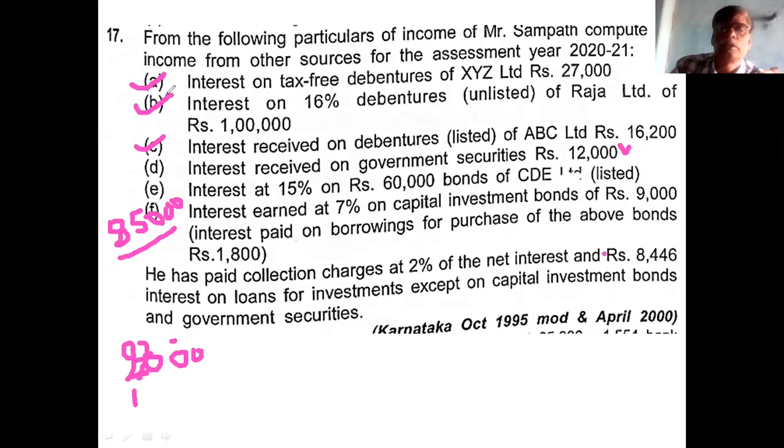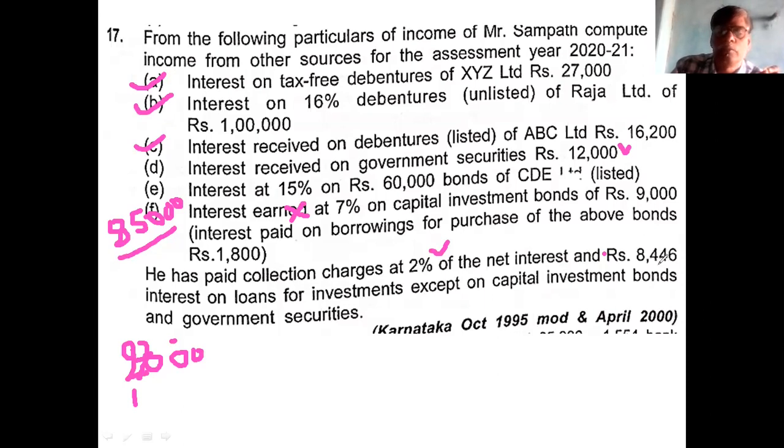First point 90%, second point 90%, third point 90%, fourth point as it is, and fifth point 90%. Okay. Take the total. Total is called as net income. 2% of that is collection charge. You calculate. Then interest on